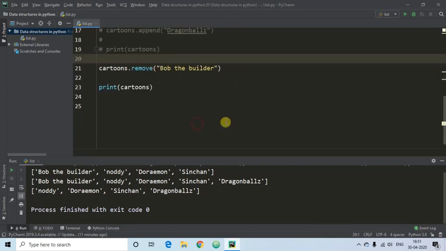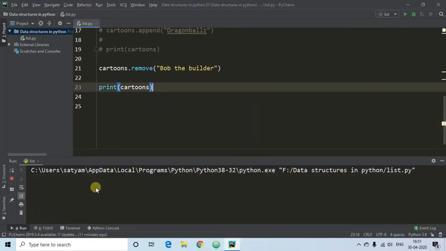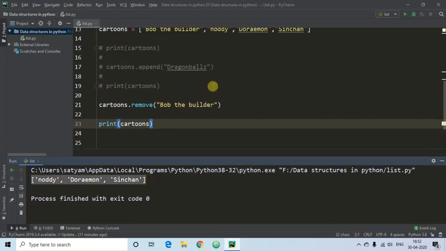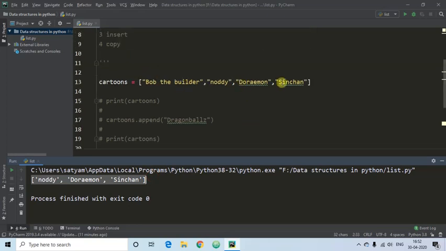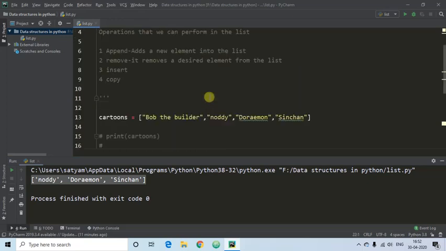now you can see after that here you can see deleted. Bob the Builder is deleted from here. Okay, from this one. Okay, so now we got to know how to use the remove. Next,